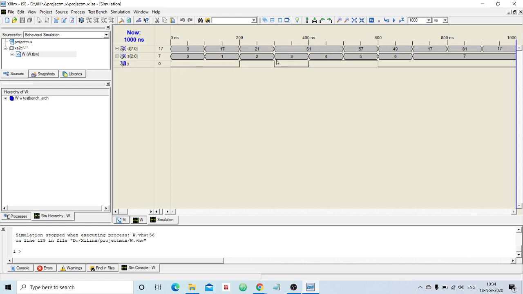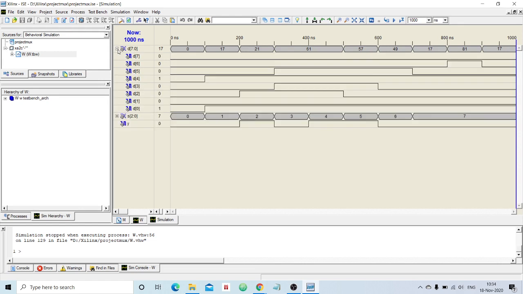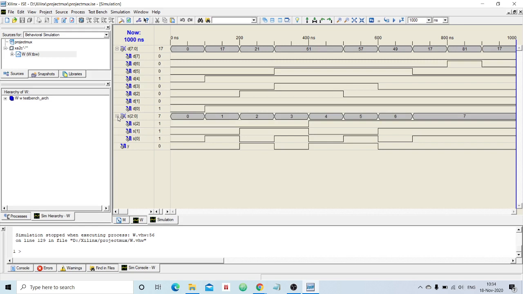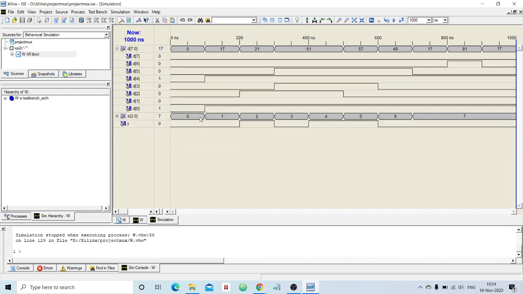Can you see y? Y has some value. This is the data line. Go to the individual data lines by clicking the plus icon. Now the individual data lines have been shown here, so you need not see the individual selection lines. Better to have a higher picture of the selection line. Now, interesting: from this point to this point, from this point to this point, the selection line has a value 0.